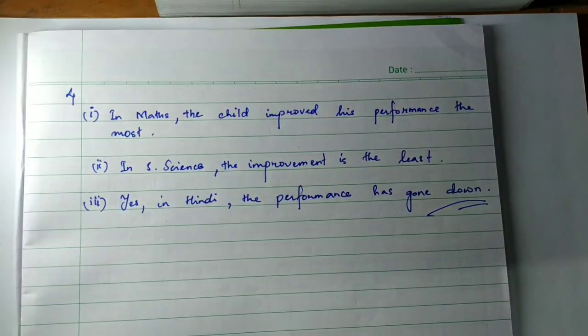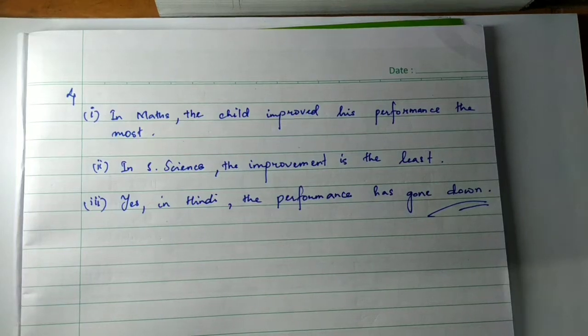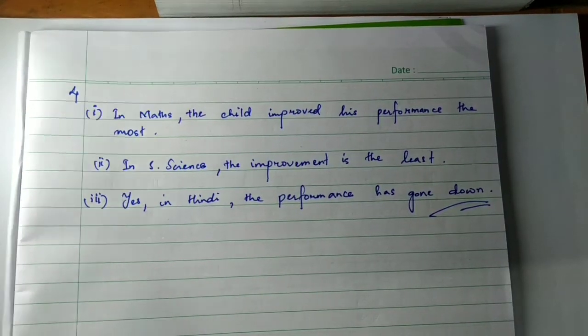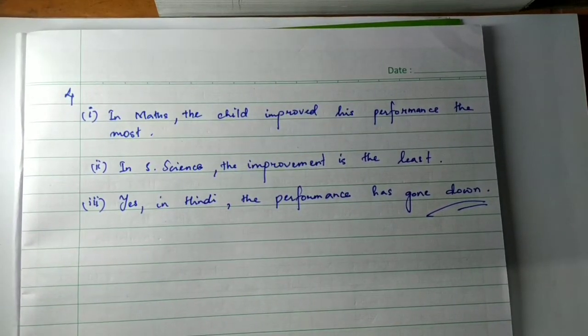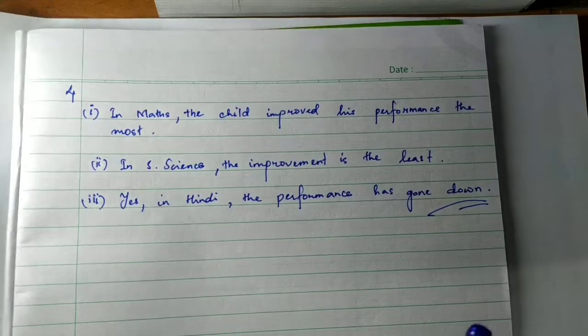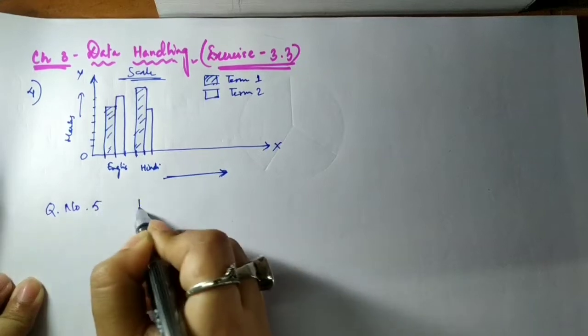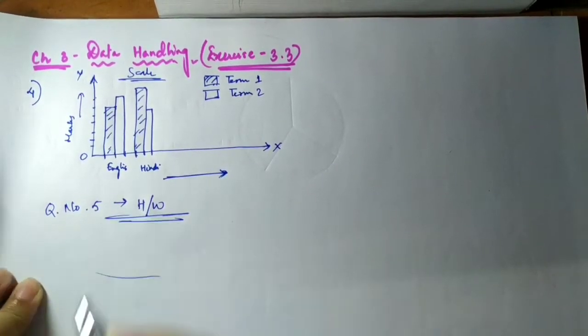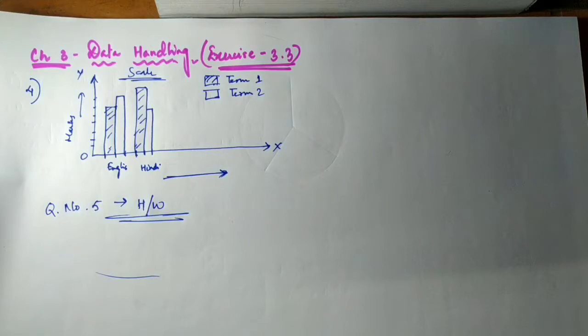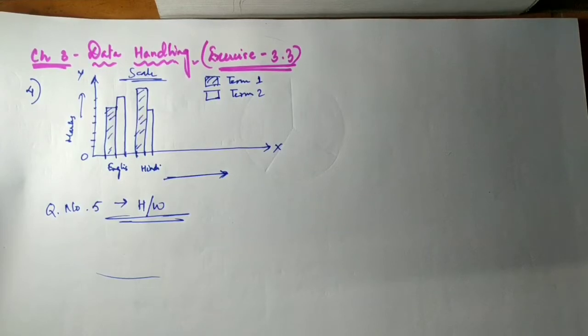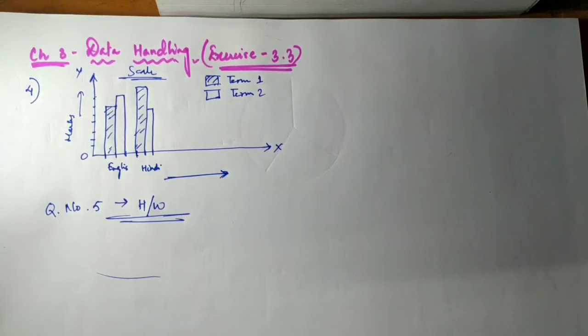Now in question number 5 also you have to draw a double bar graph, and then you have to find out the solutions to the questions asked. Okay, so I hope this question number 5, you will be able to do. You can do it in a graph copy and also write down the answers to the questions here. So I want you to do it as homework. Coming back to question number 6, let's see question number 6. Take the data giving the minimum and maximum temperature of various cities given in the beginning of the chapter, table 3.1. Plot a double bar graph using the data.